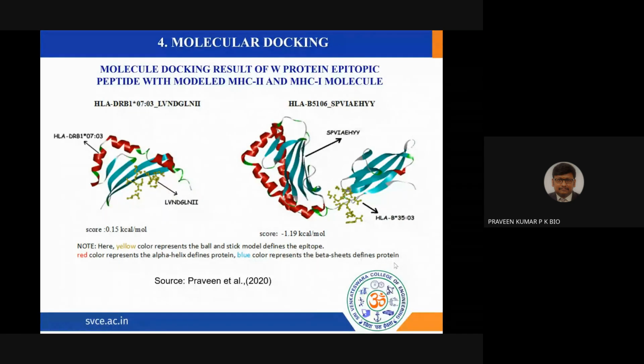And whatever peptides I have screened, for MHC1, this is the best peptide, SPVIAEHYY. So I docked it with AutoDock and showed the peptide is interacting with this protein. I have chosen this kind of allele, majorly from the Indian population. I just targeted the Tamil Nadu population. For this, I have taken specifically not just the HLA-B, but asterisk 35:03. I modeled this protein receptor